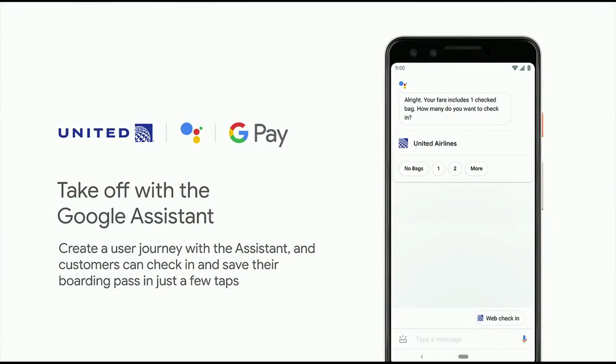So this first feature was announced at CES earlier this year, and is the flight check-in through the Google Assistant. The way it works is, as a user, when I'm ready to check in, I will get a notification. That notification will bring me to the assistant. In a few clicks, I can complete the check-in. It's really simple. And then at the end of it, I get a boarding pass that I can access later.